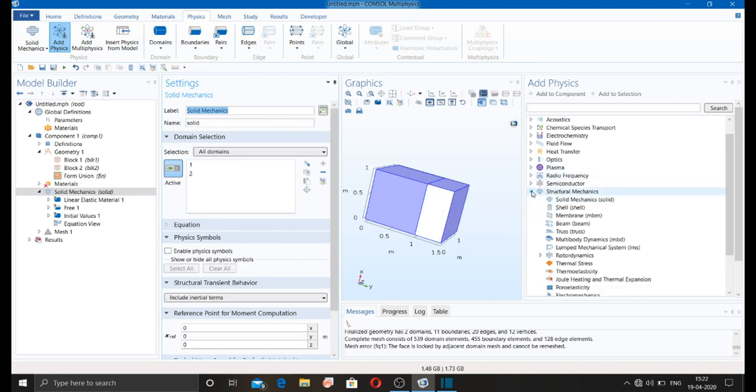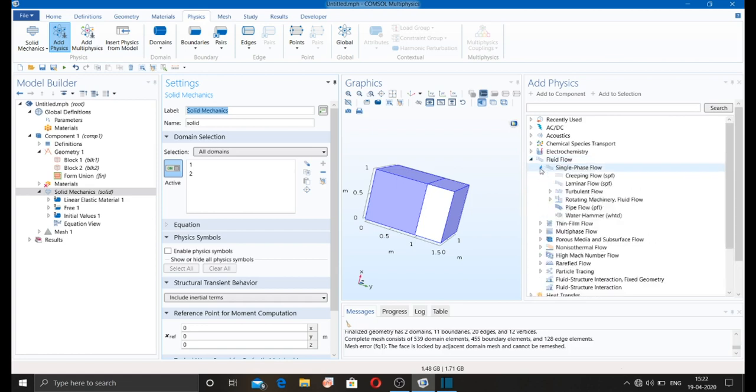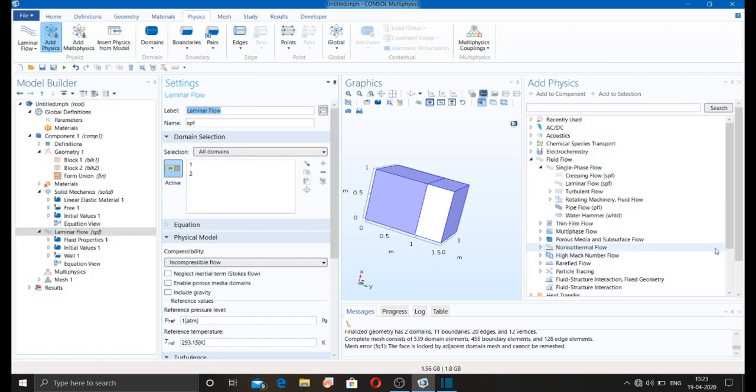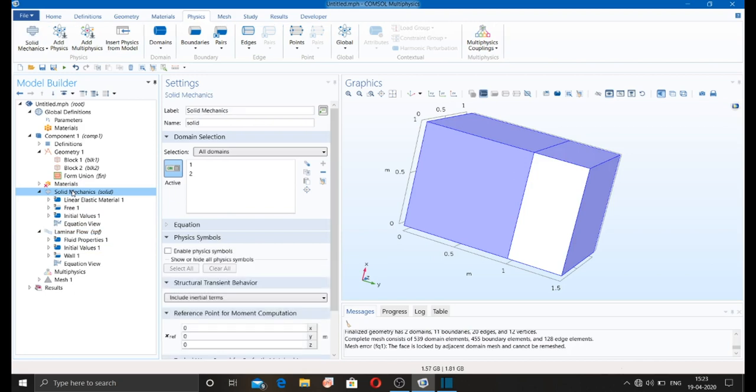If you want to add some fluid flow here, I am just adding laminar flow. In this way you can add more than one physics. And what about the multi-physics?